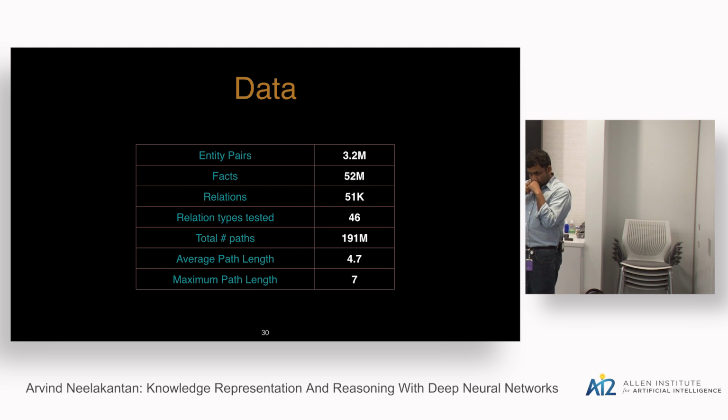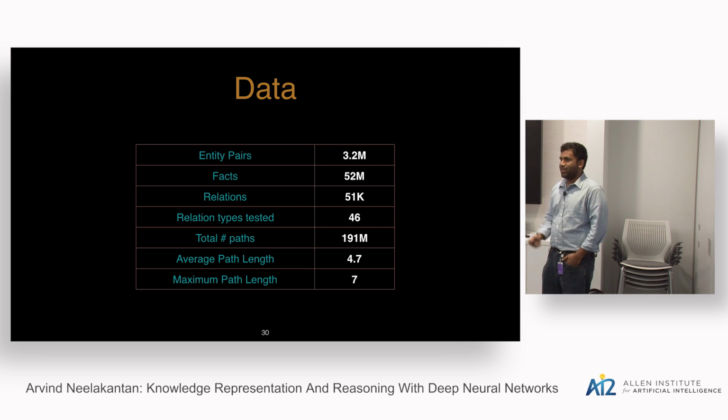Do you train these jointly, or do you train for each path independently? It's all trained jointly, so there's a single model for predicting all the relations. We also have results where we train for each relation independently, and that performs slightly worse, because when you train a single model for all the relations, you get information sharing and the model overfits less. And the minimum path length is 1, is this right? Yes, sometimes it's just a single hop prediction.